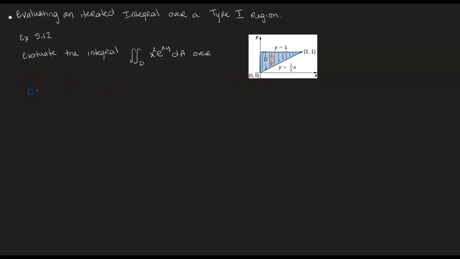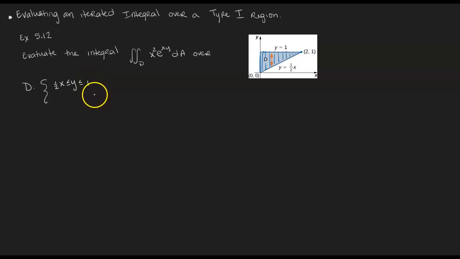So when we go to think of the region D, we can say that the y value is between the functions. Top function is y equals 1. Bottom function is y equals 1/2 x. Let me write that a little bigger. And maybe not even with blue ink. Let's try white. So y has to be above the 1/2 x line, and it needs to be below the y equals 1